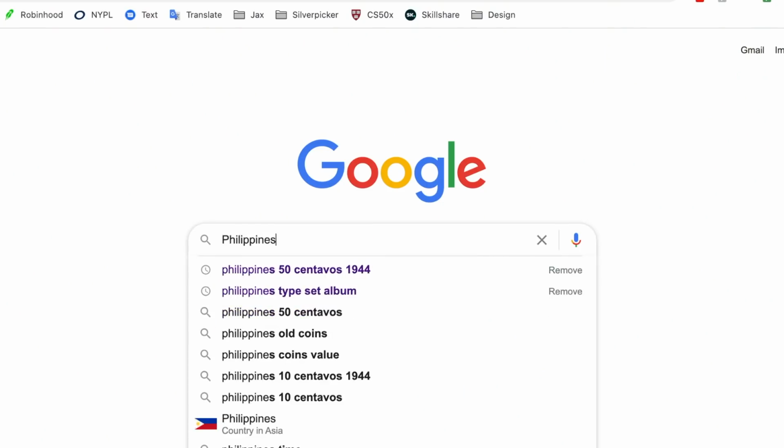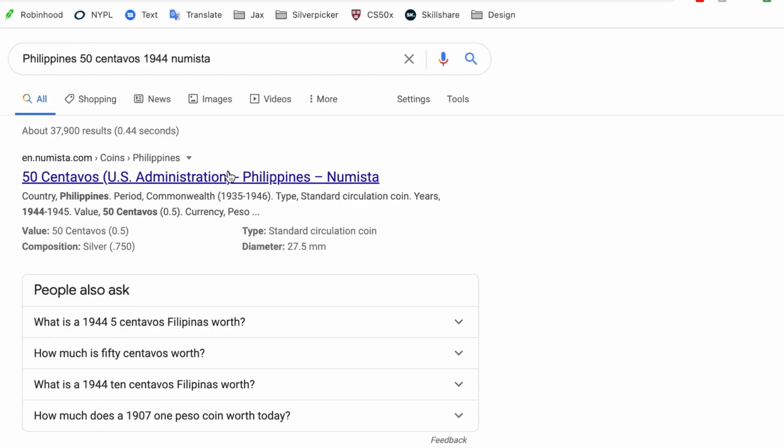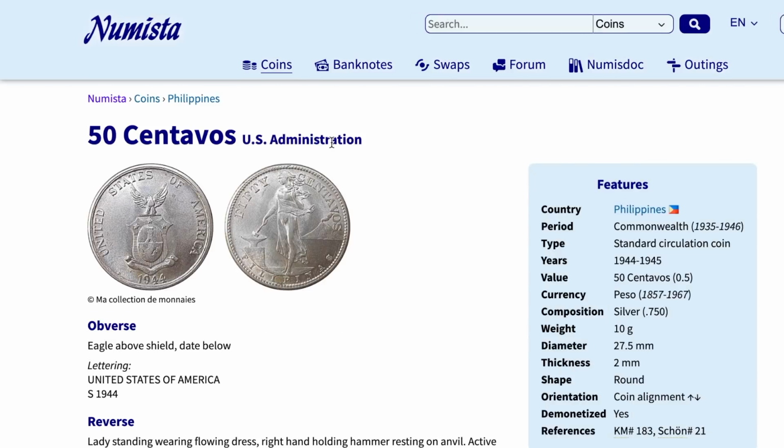I'm being a little facetious when I'm saying you're spending all this time, but sometimes if the app doesn't find the coin that you're looking for, or you know the coin's information, you just want to type it in, all you have to do is go to Google and type that information in with the word Numista. For instance, I'll type Philippines, 50 centavos, 1944, and then the word Numista, hit enter, and it will find exactly